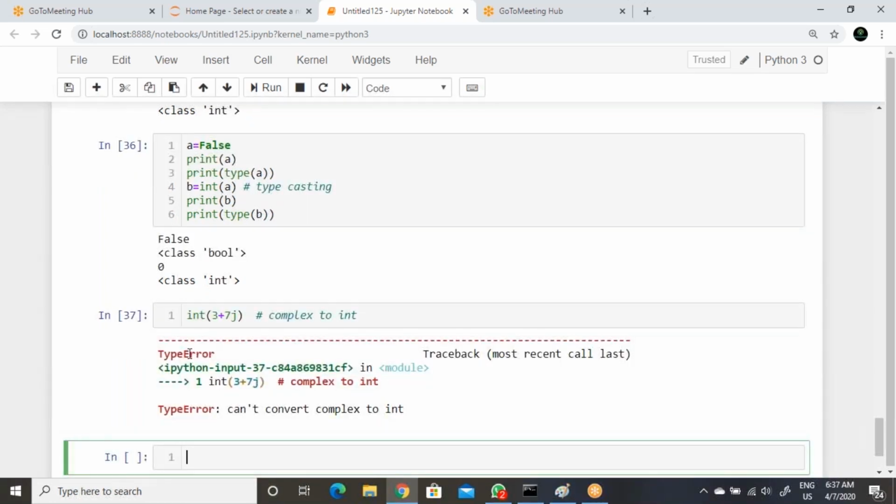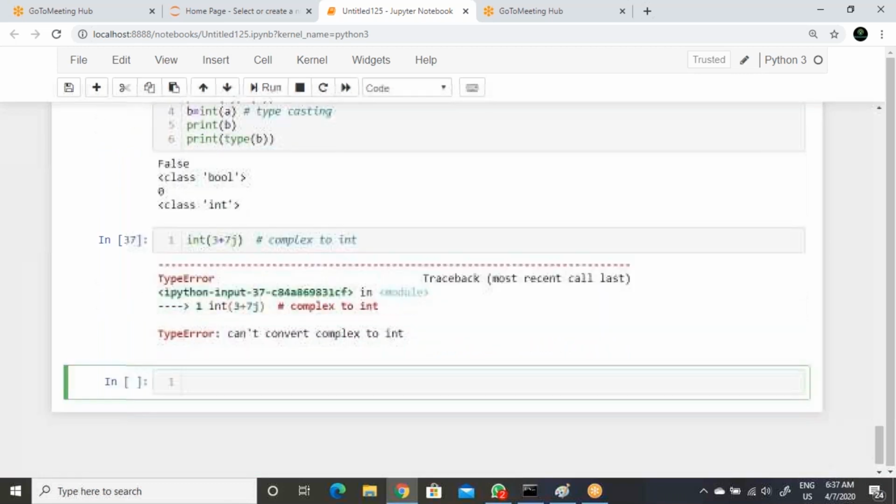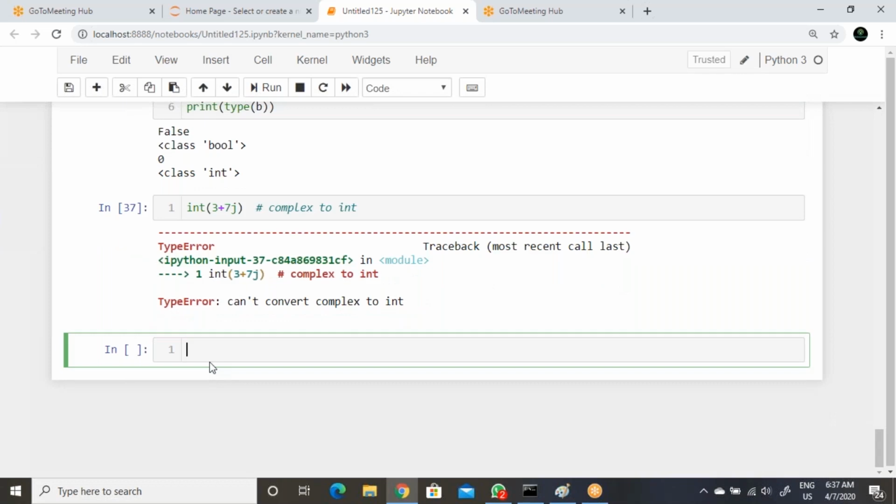But there are some chances to convert from integer to complex, that I will explain later. Now take one more example, integer of India. When I execute, because it is converting from string to integer, it's not possible.